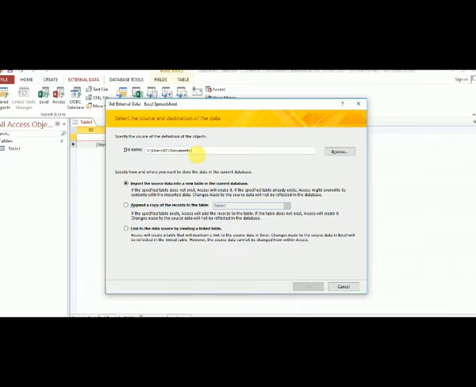File name, select the source and destination of the data, setting the copy, table.